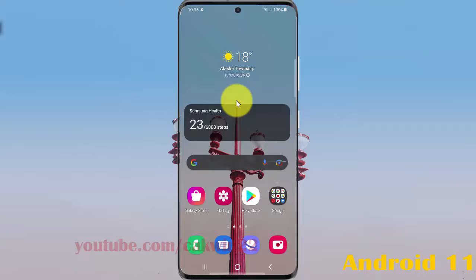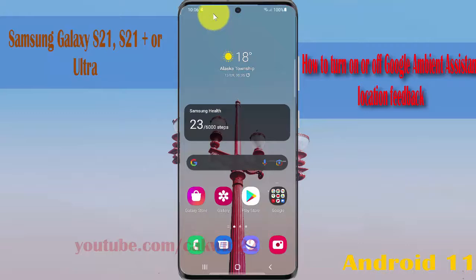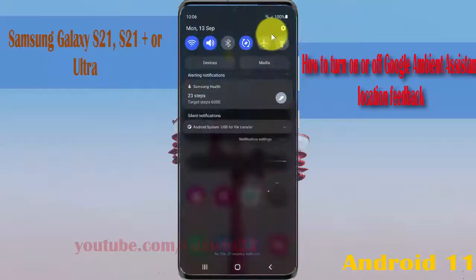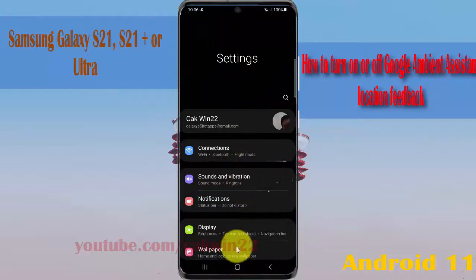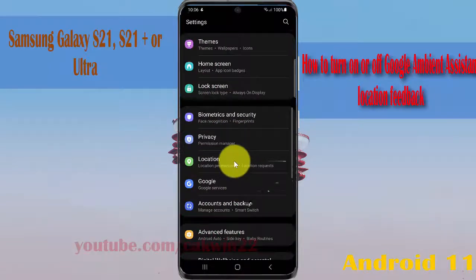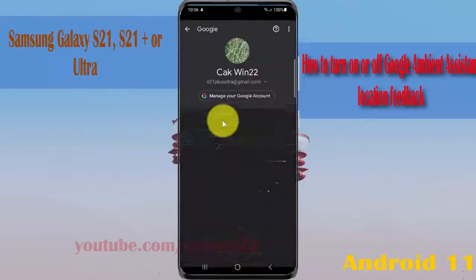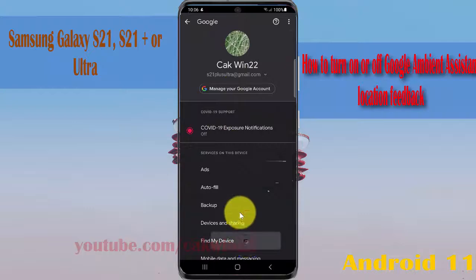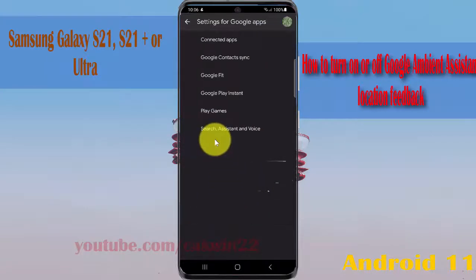To turn on or turn off Google Ambient Assistant location feedback in Samsung Galaxy S21, S21 Plus, or S21 Ultra, open settings. Swipe the notification panel, and then tap the settings icon. Scroll the settings screen, find Google, and then tap Google Services. Then scroll down the screen, tap settings for Google Apps, tap search assistant and voice,